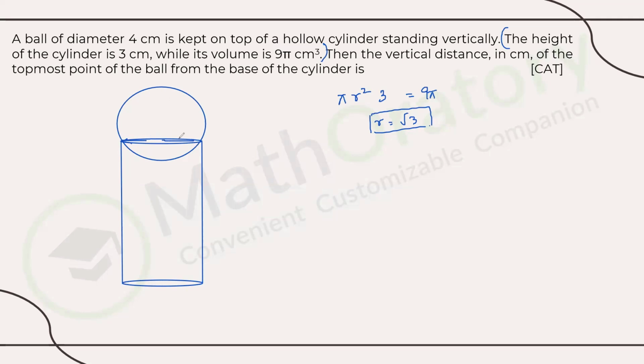Now, obviously, you don't have to draw this to figure it out. The 2 root 3 is actually less than 4, right? Because root 3 is less than 2. If root 3 is less than 2, then twice of root 3 will be less than twice of 2, right? So if 2 root 3 is less than 4, what does that mean? That this particular